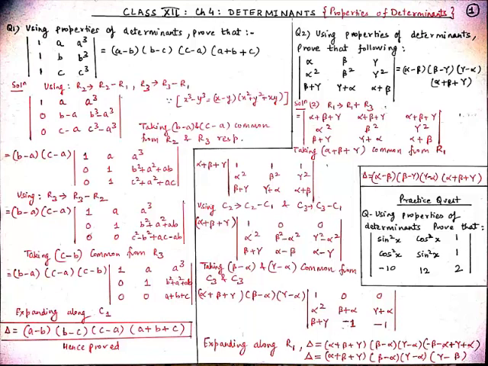And when we take common from b minus a and c minus b, negative into negative will become positive, and hence we will get our determinant which is equal to (a minus b) into (b minus c) into (c minus a), and into (a plus b plus c), which is equal to RHS. So hence proved.